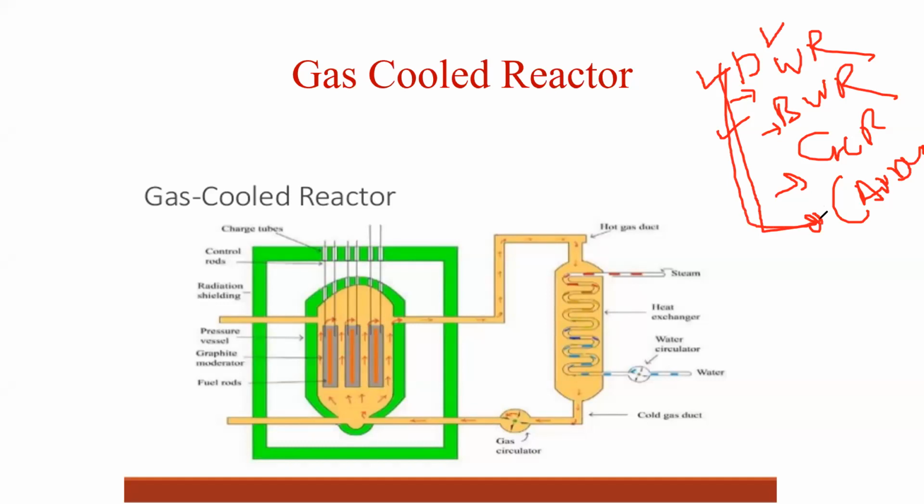Only here we use some different types of control rods, and there we use a different type of material. Here we use light water as the moderator, and there we use heavy water as the moderator. These are only some differences, otherwise each and every reactor is the same. The working is the same, and according to the structure we can justify the process of each reactor. So today we finish the gas cooled reactor and the Canadian reactor. These are the four reactors which are asked in your exam.